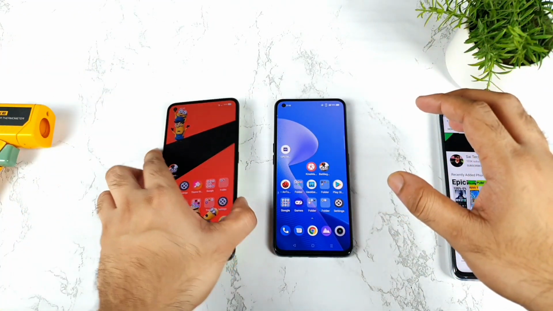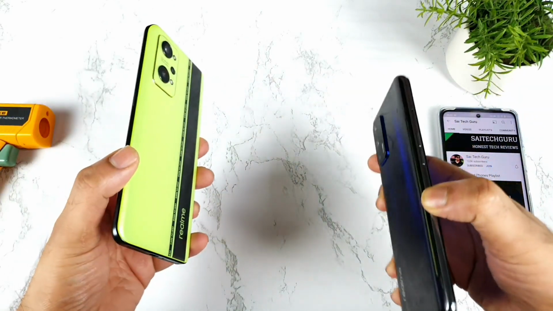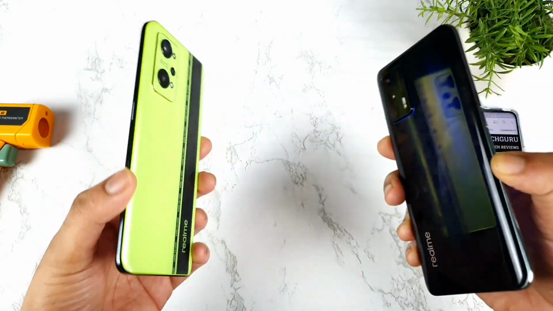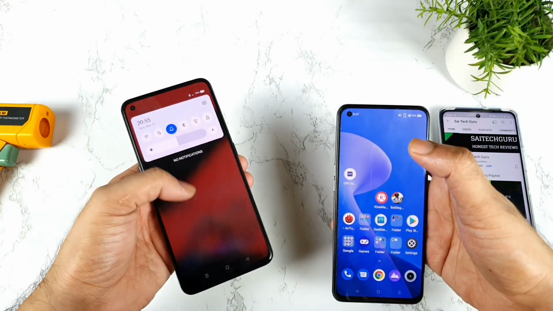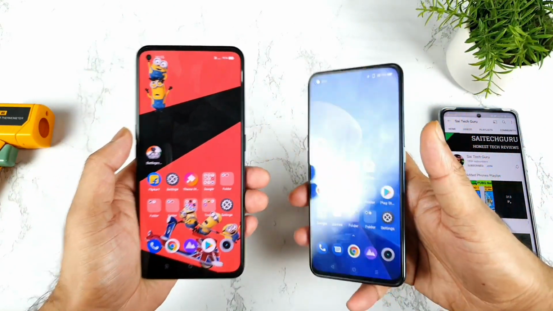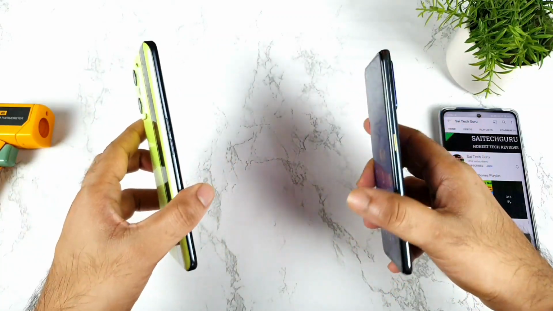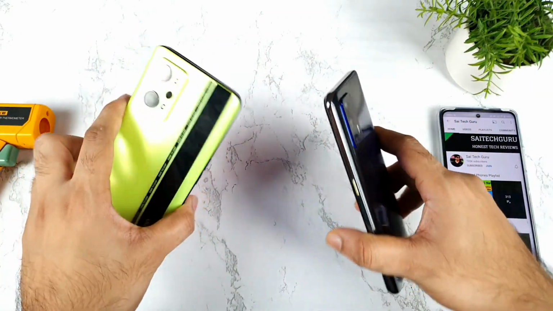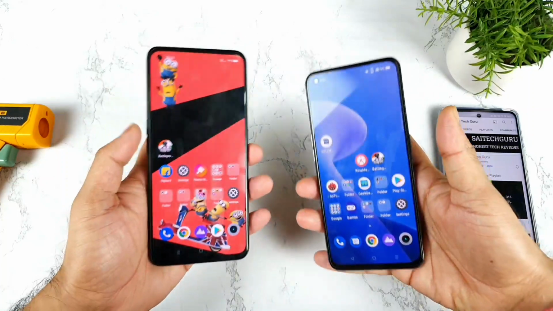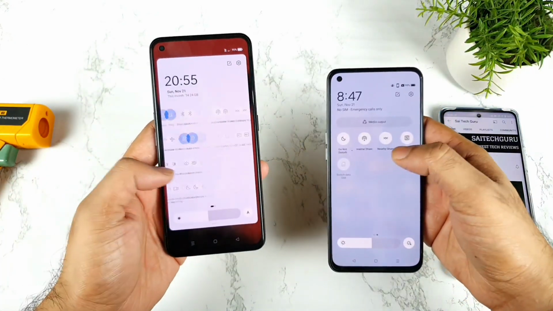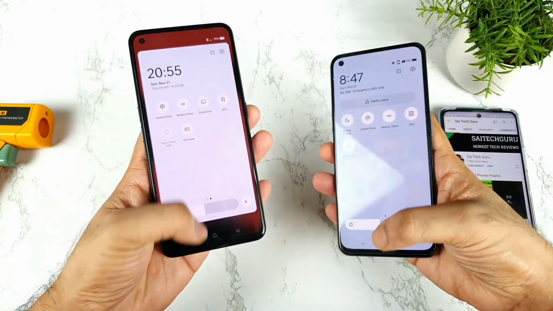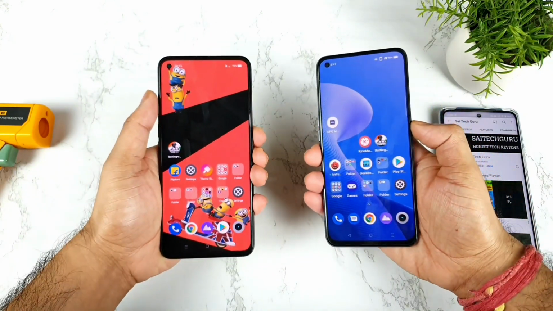In this one, I'm going to do the benchmark test comparison between the Realme GT Neo 2 versus Realme GT device. After the recent update from the benchmark application, yes friends, we did get the latest update, which is 9.2.2 benchmark test application version. Let's see, using the latest version, what can be the benchmark test comparison between these both phones. And during this time, I'm going to use the GT mode, which is present in these both devices. Let's see, using the GT mode, how much the benchmark score we can actually achieve.